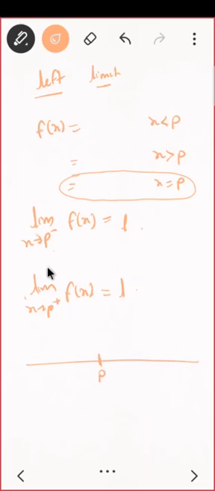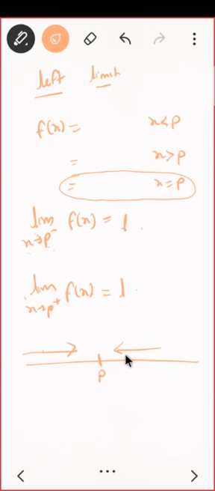Okay, now we are saying x belongs to p minus, x belongs to p plus. That means on the x-axis I want to go towards p, so I have only two paths. Either I can go from here or I can go from here. That's why we call this left limit and right limit. If you are coming from the negative side, that is called left limit, and if you are coming from the positive side, then that is called right limit. Is that okay? Just a little bit of motivation.